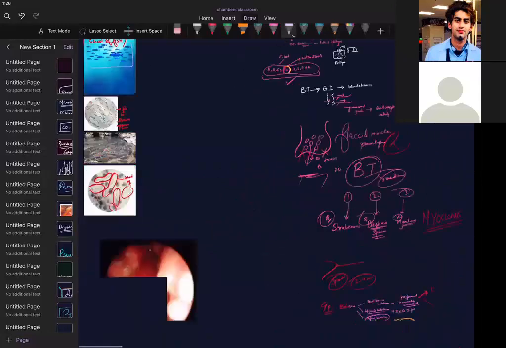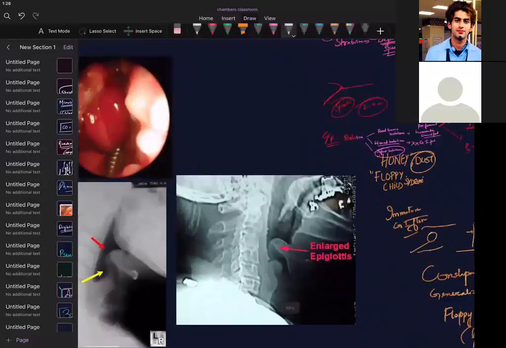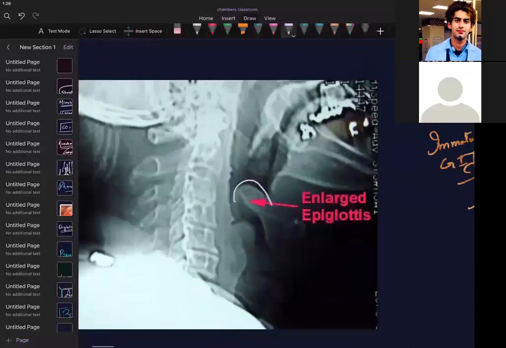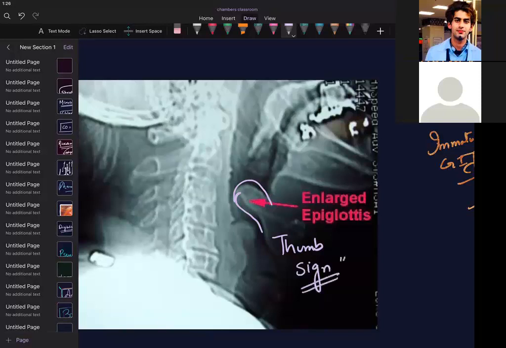This X-ray sign I want to show. If you see this X-ray sign, there is a sort of a thumb. This is called thumb sign. So in the lateral view of the X-ray, this is called a thumb sign. Thumb sign is a characteristic of